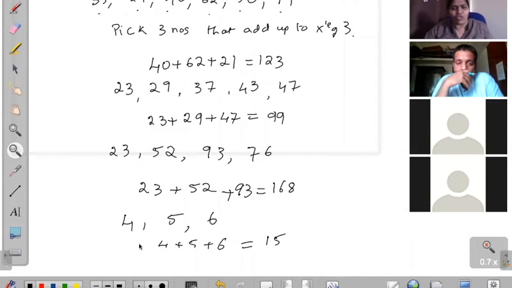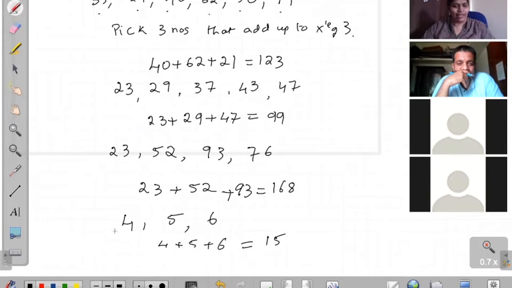Will it always work for 3 numbers? Can I choose random 3 numbers? Here you have taken all 2-digit numbers. When adding 3 numbers, you have taken only 1 digit. Why? Since Shankar sir said, does it have to be 2-digit? I just took 1-digit.